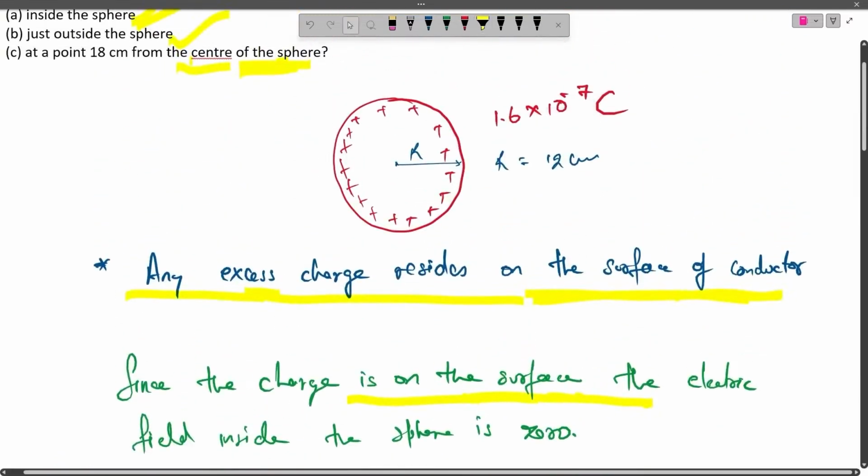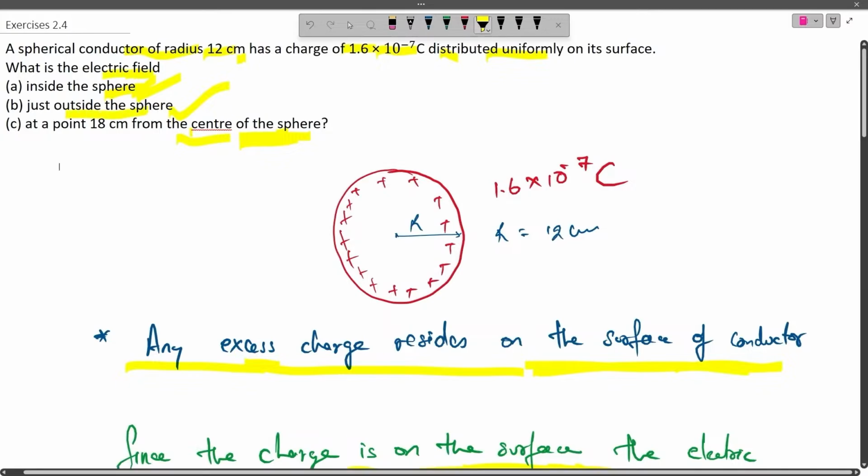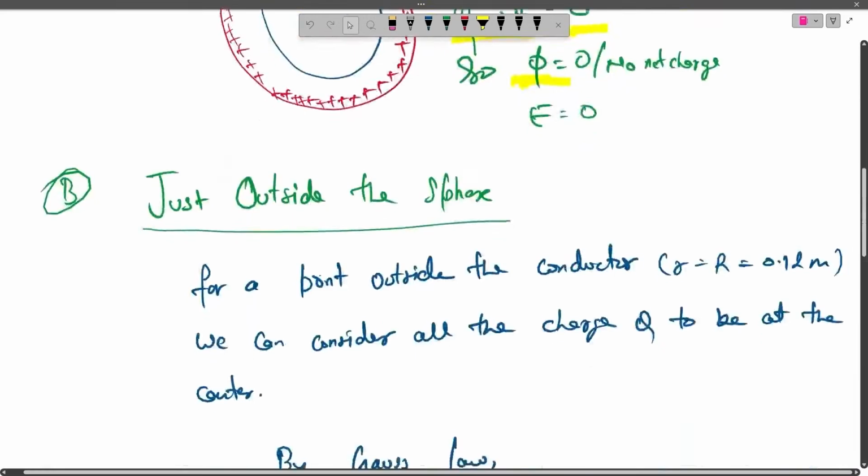So, for the answer of the first part of the question, what is the electric field inside the sphere, the electric field inside the sphere is going to be 0. The second part of the question says, what is the electric field just outside the sphere. So, for this, we can assume that